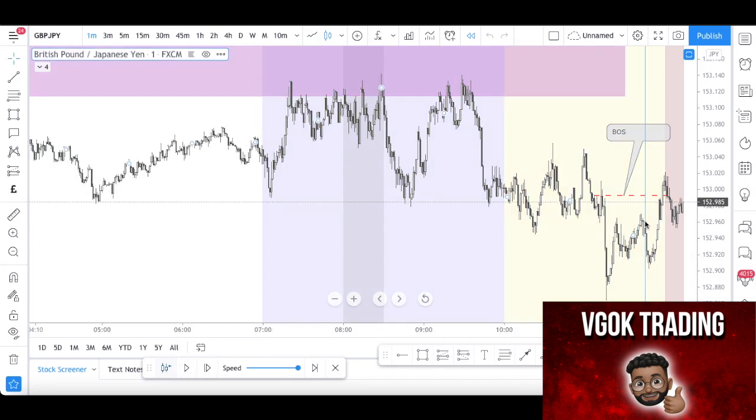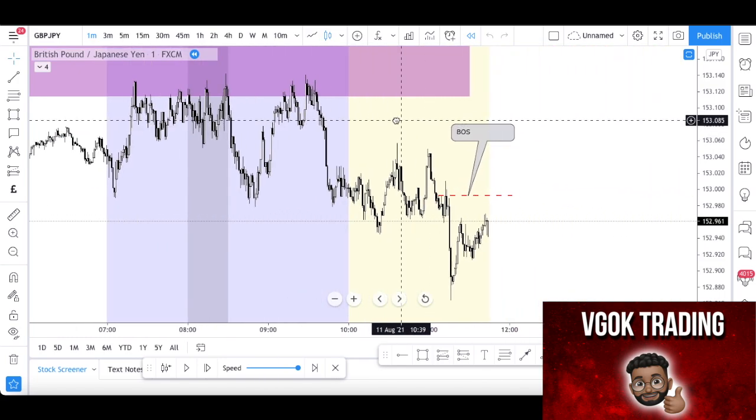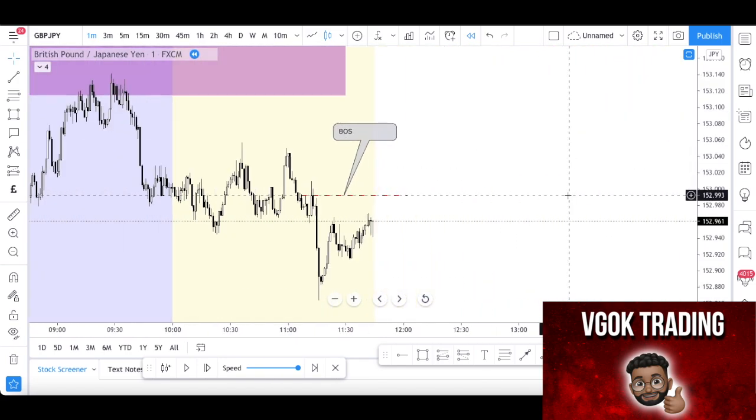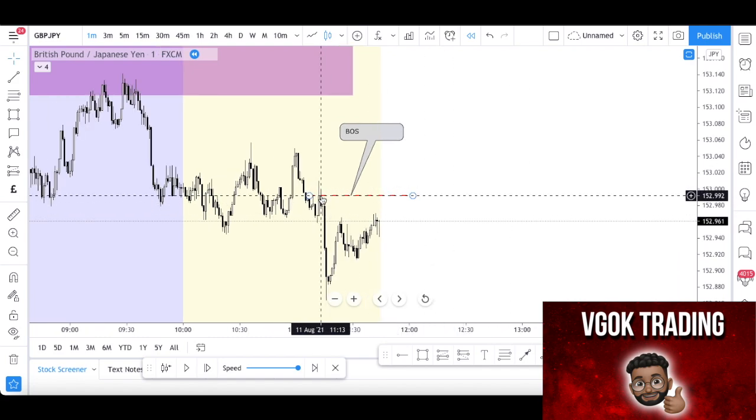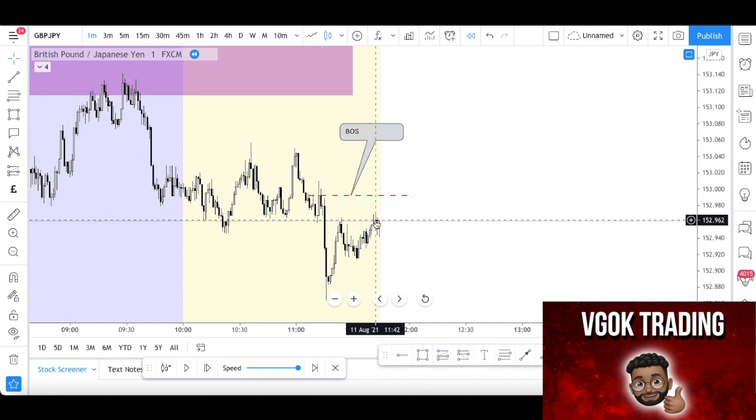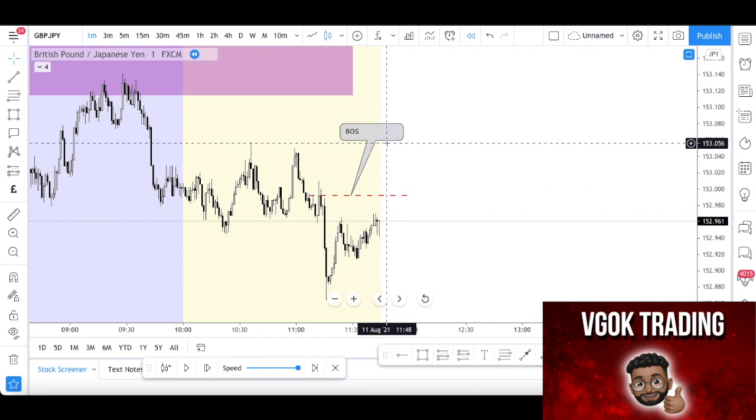So right there. Just jumping into replay mode, we're going to be looking at how price reacts around here. This is that last significant lower high that needs to be broken. If this gets broken to the upside, we can flip our narrative to be bullish. So as we see how price progresses,